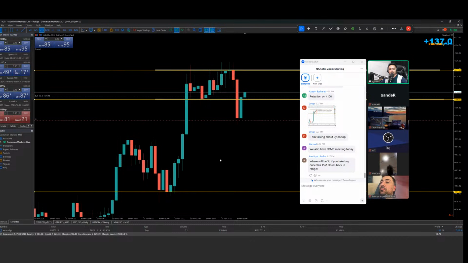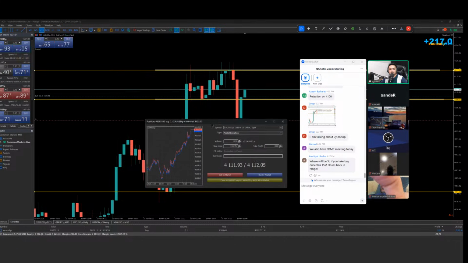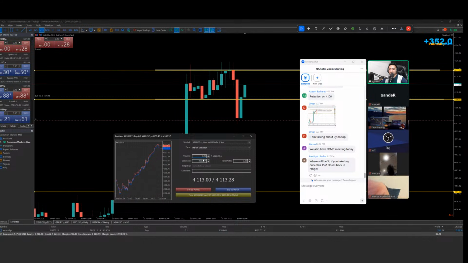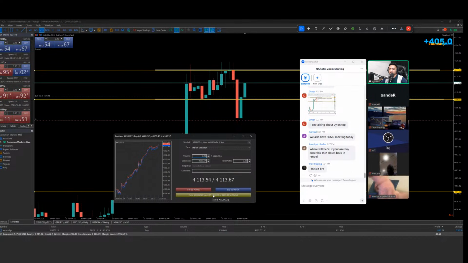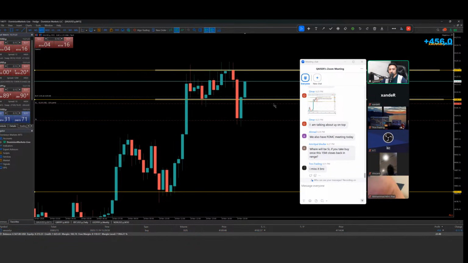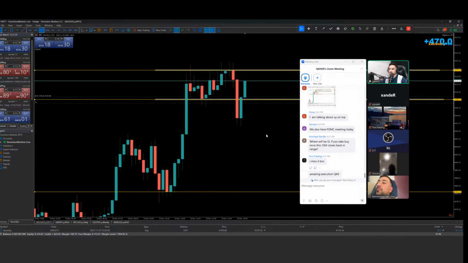13, 14 pips right now running in your favor. You can see, wow, 20 pips, 27, 30 pips right now. I wanted to hold 30 pips, 40 pips. Wow, man. Can I get 50 pips, 40, 45? I'm closing my 50% position here and bringing my stop loss below this candle. 47 pips. Wow, another winning streak. Wow, 50 pips. So I'm holding with this 50%.